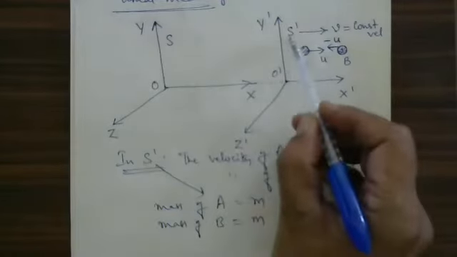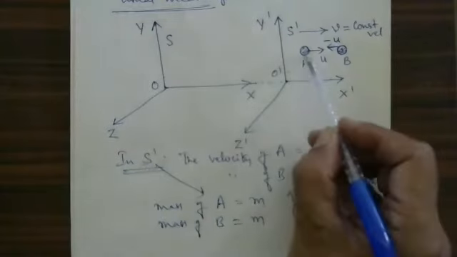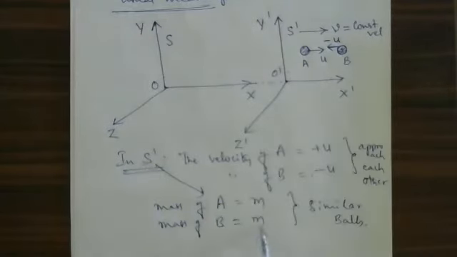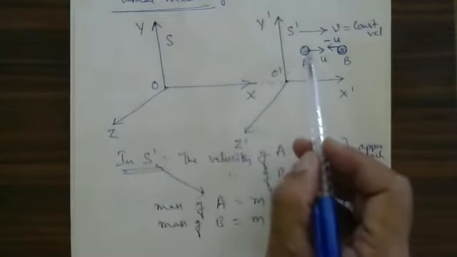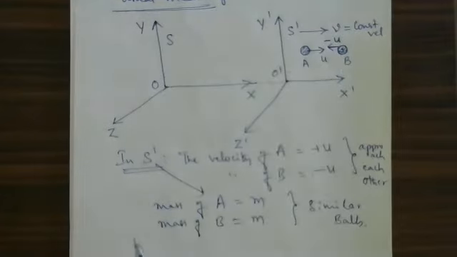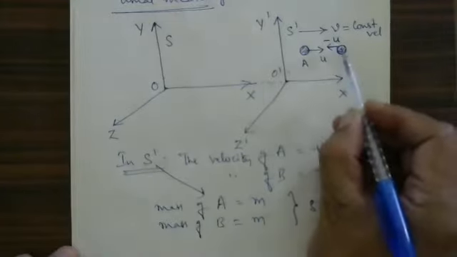With respect to the S dash frame, the mass of this and the mass of this are equal. But with respect to the S frame, the mass of this is m1 and the mass of this one is m2. That is relativistic mass, which I have to consider, and I have to generate that concept. Okay, now, once they are moving like this,